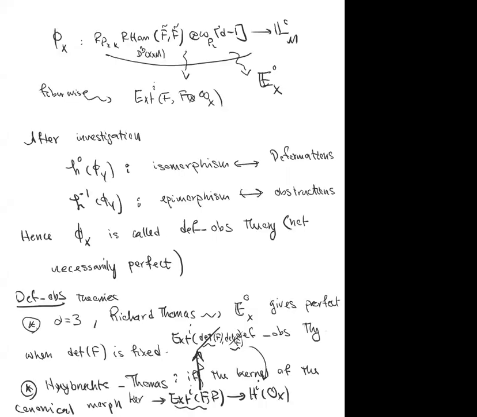for i bigger than or equal to 3, okay, so what is it that we are doing? We are talking about this i here. If the kernel, by the way, this kernel, many of you are familiar with this. This kernel is nothing but the trace-free part of Ext, right? Because I'm taking the trace, the kernel of it is the trace-free part. So this kernel is basically the trace-free self-extensions of F. So if these trace-free extensions vanish,